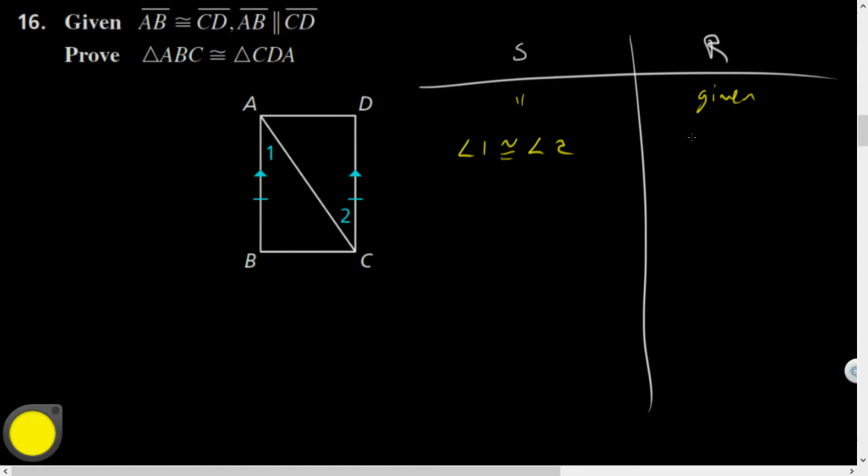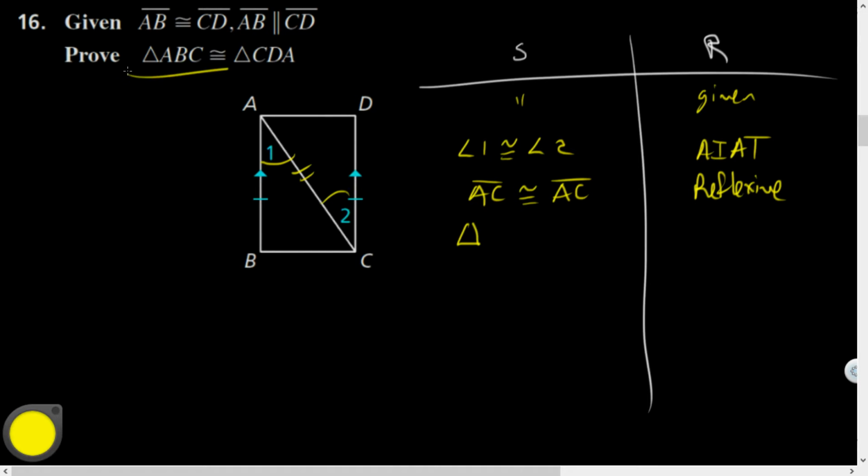Angle 1 congruent to angle 2, why is that? Yeah, alternate interior angles theorem, well done. So I've got side and angle, I need another side. AC is congruent to itself. Classic reflexive. And I believe I've got my side angle side situation, so I can say that triangle